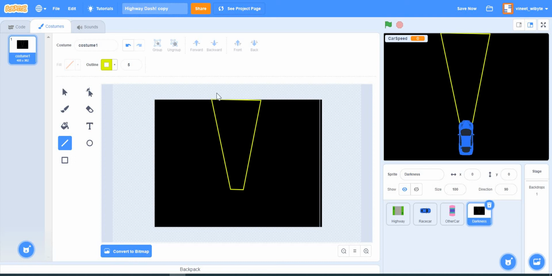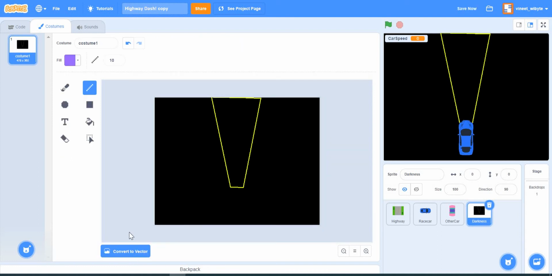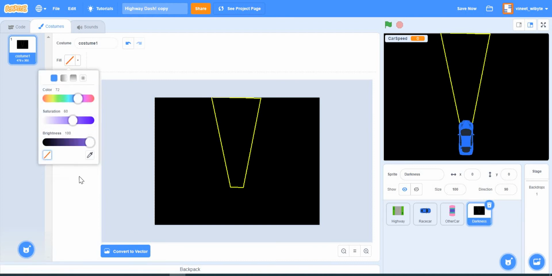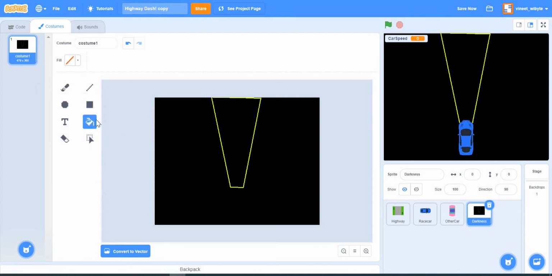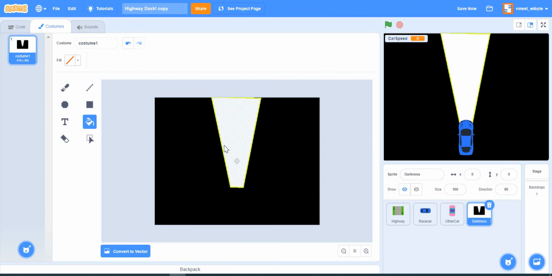Now I'm going to remove this part, and the fastest way to remove it, of course I could use the eraser, but there's a faster method. I'll go to the bitmap mode. I will use the fill tool, but I will fill it with nothing. So I select the fill tool, fill it with nothing. If I select this, it gets removed, and then all I have to do is click on the yellow line as well, and the yellow line also gets removed.